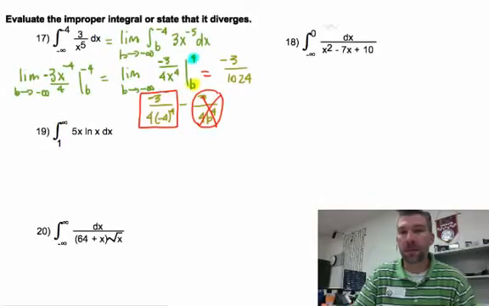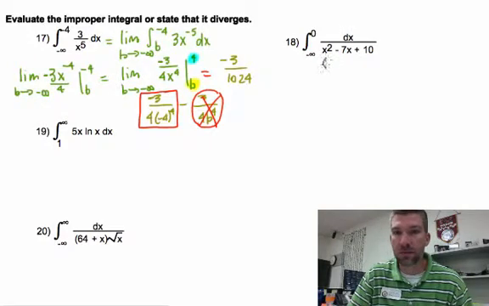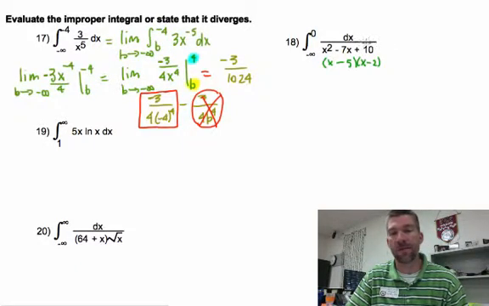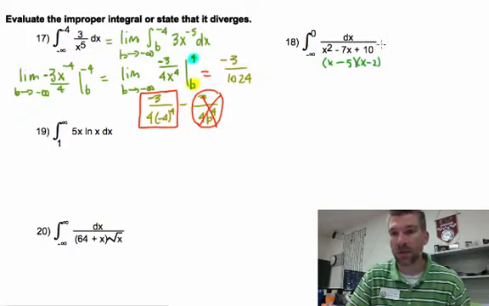Okay, on 18, we're going to have to set up a partial fraction decomposition. So let's factor the bottom out real quick. I can tell that because in the denominator of the fraction I have a polynomial, and in the top I have nothing, so substitution in this case is not going to work. What I'm going to do is set up 1 over x squared minus 7x plus 10